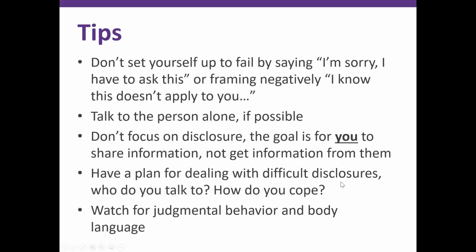I worked with one group once who had a policy: if somebody had a difficult disclosure, they had somebody on their team that they could call and ask to cover their desk and their phone for 10 minutes while they took a quick break to breathe and to walk or whatever they needed to do. So that's something else to consider. If there's a way that folks can get a break right after something like that has happened, that can be really helpful.